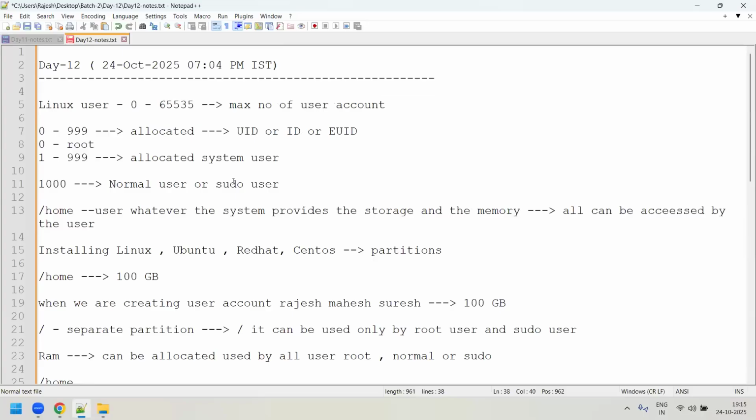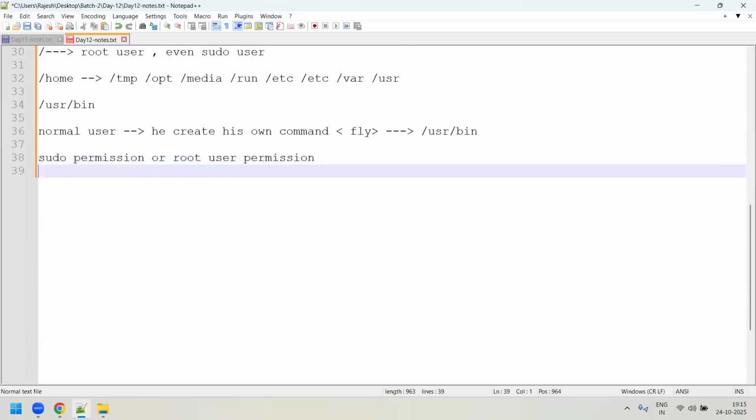Good. So what I'm trying to tell is that in a system we have this many users, out of which 0 to 999 are IDs we call the user ID, or EUID, effective user ID, allocated to system users actually. From 1000 onwards, you could see the normal user accounts are created. Now while installing Linux,